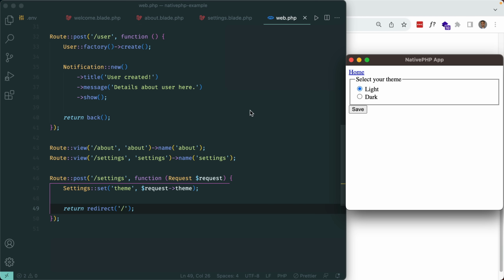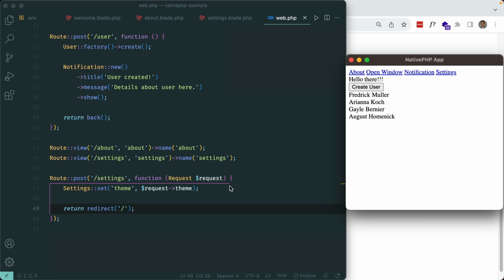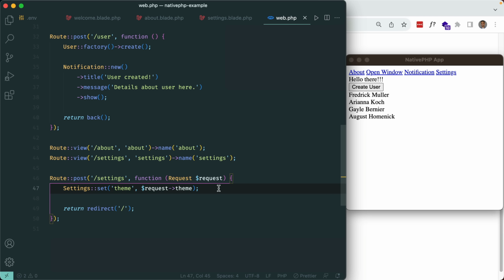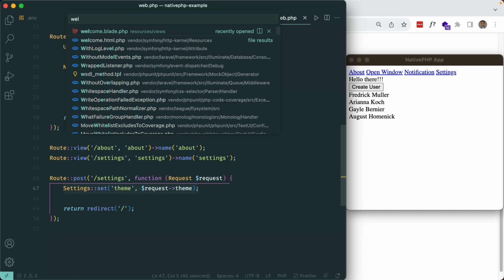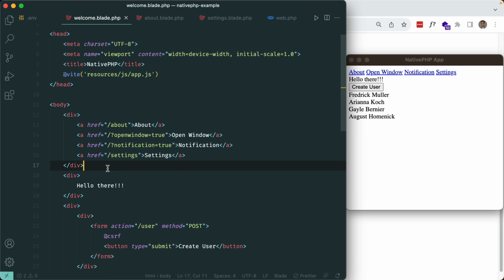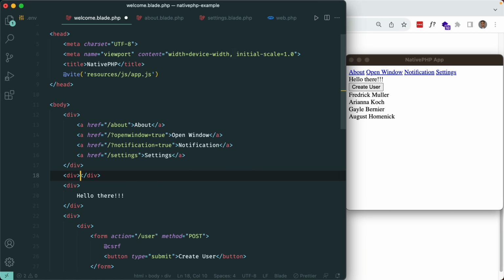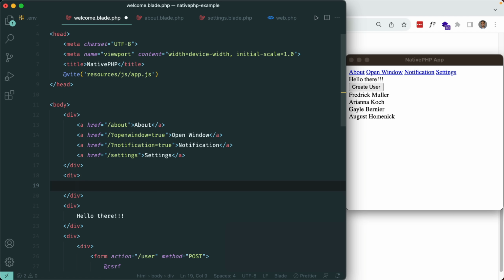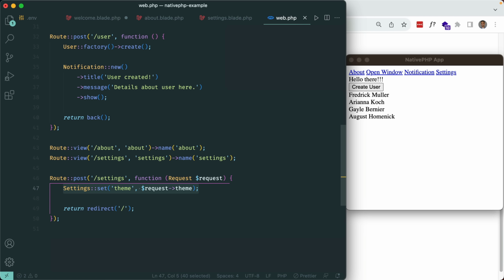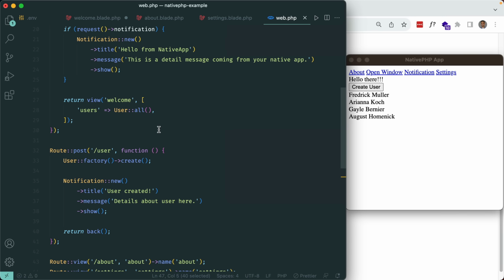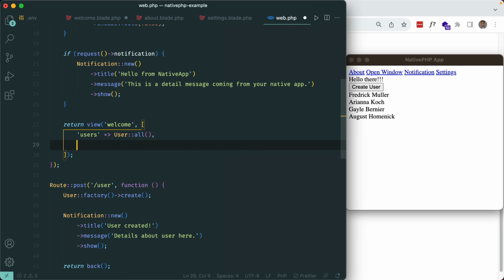I'm not going to submit the form, at least for now. Let's go back to the home page. And let's just echo out settings get theme. So by default, it should be null because it hasn't been set yet. So let's go back to welcome blade. And right here, let's just echo out settings get. Or actually, we can't do that from here. We have to do it from here. So wherever our welcome blade is, let's say theme,